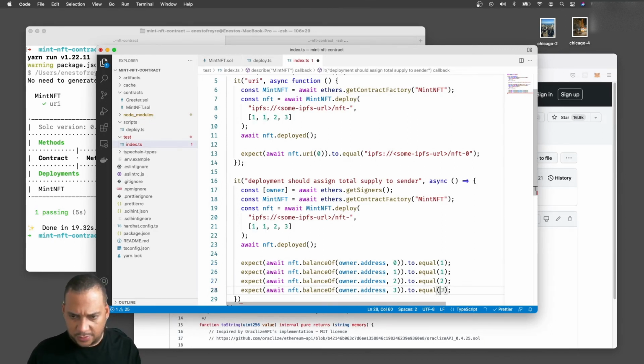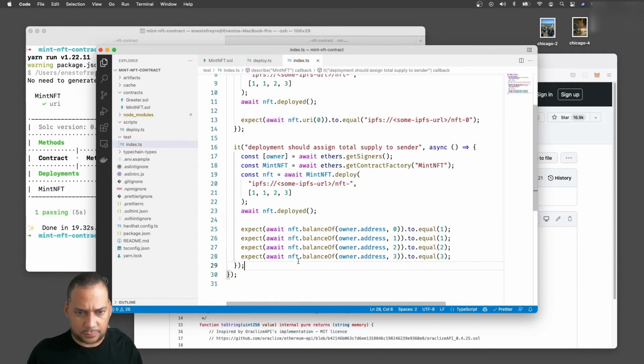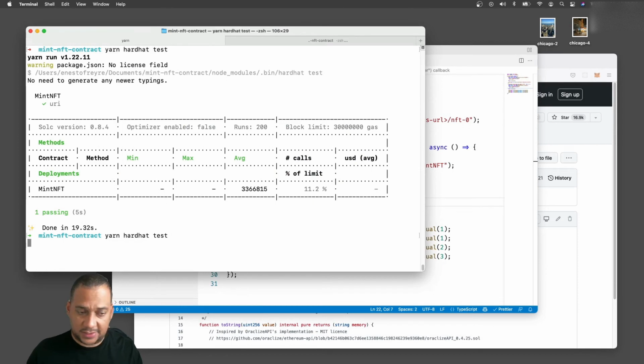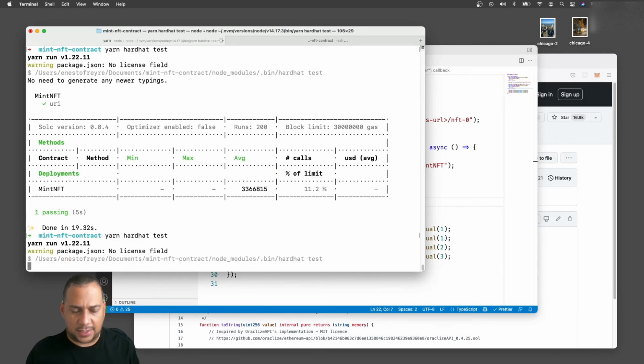So 2 and 3. Right, this is our test. We're getting the owner of the contract, and we deploy the contract, and then we check the balance of the owner address versus all the tokens, and we should get the same amounts that we specify in the deployment of the contract. So let's run that test, and let's see how that goes.